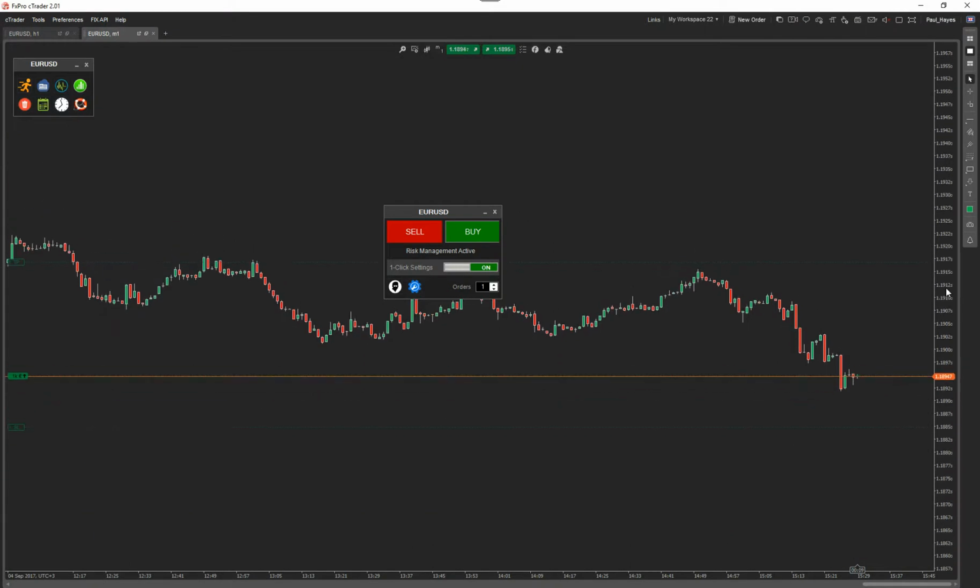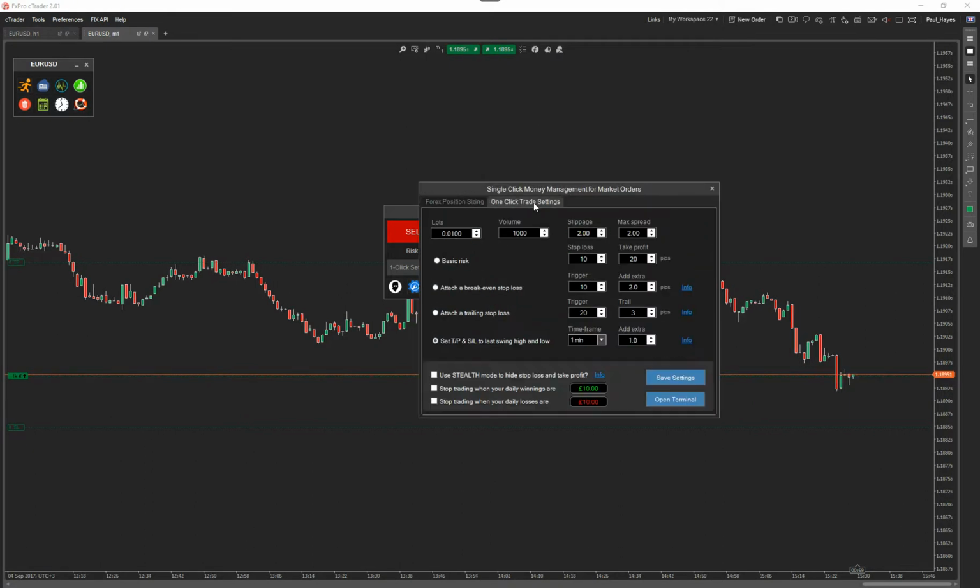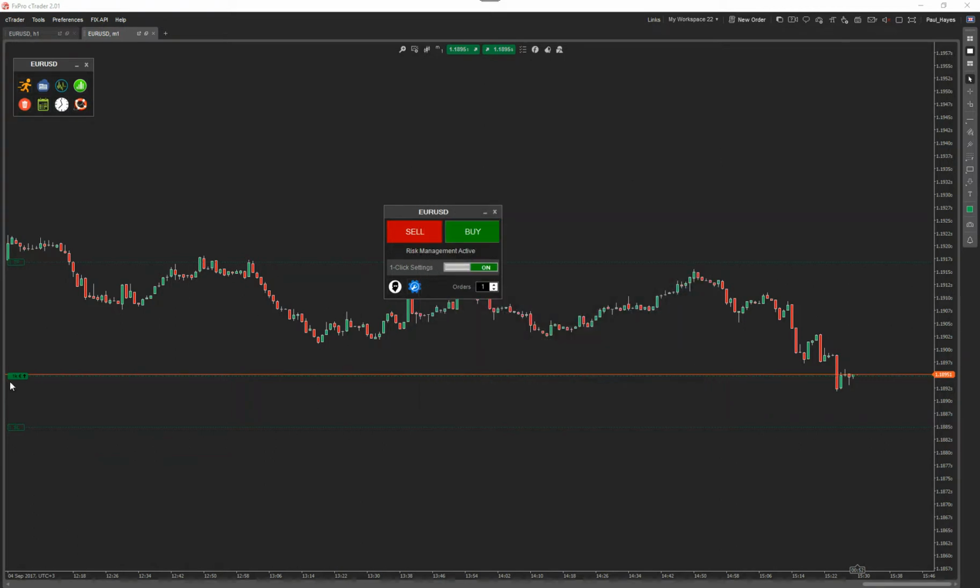This is very useful. Sometimes it won't auto-calculate because if you have a look here, the price is kind of there is no real last swing high or last swing low. So what it does, if it doesn't find one, it uses your default values. And your default values in here is stop loss is 10, take profit is 20. So it's just gone to your default values. Okay, if I close that now